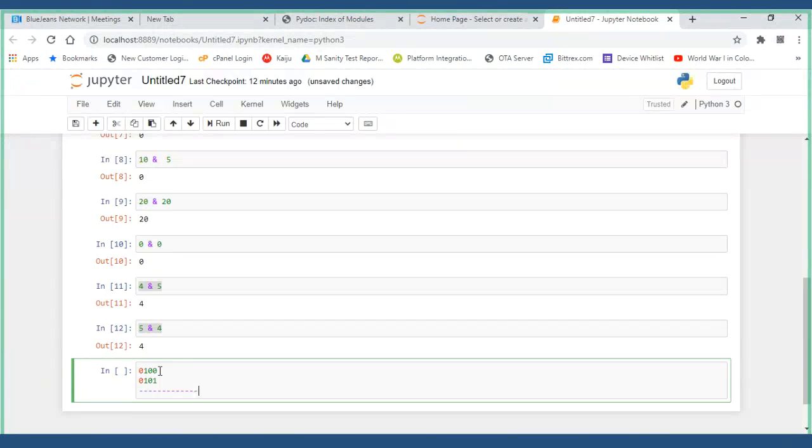If someone asks you what the bitwise operator is, the first thing is that you have to convert. That is the reason why I said you should be using only numbers or booleans. Boolean will anyhow be converted to 1 or 0. Any integer number you can convert into binary.